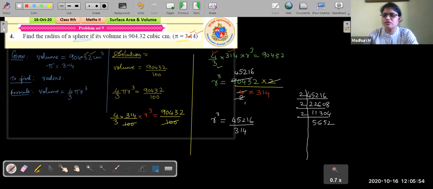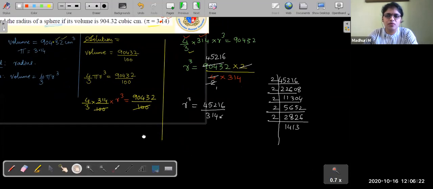Yes. And you just need to simplify it so that you can see 314 somewhere. We are not going to do more cancellations over there, okay? Because somewhere you will find 314 in this prime factorization table itself. Okay, and then still we can divide it by 2. All right, and now this is not divisible by 2 anymore. So what are we going to do now?